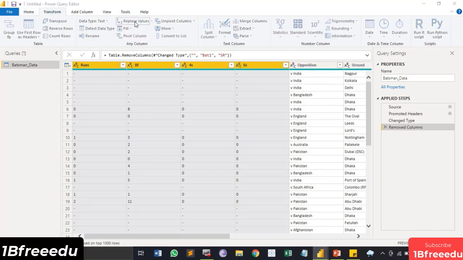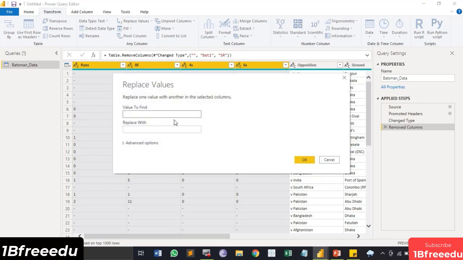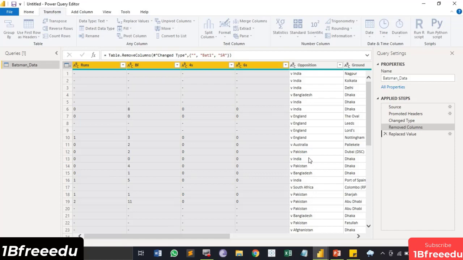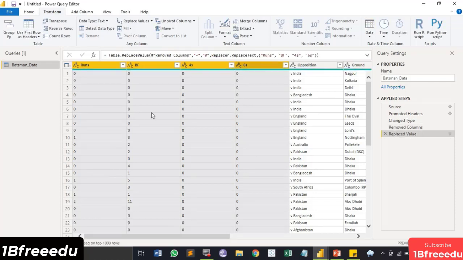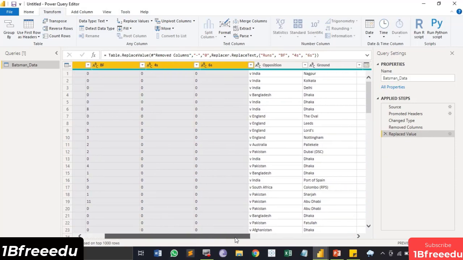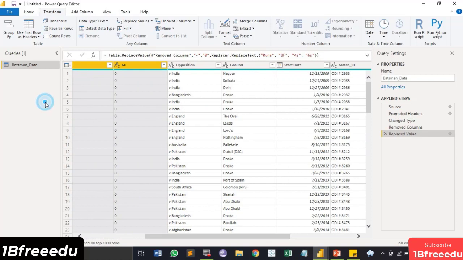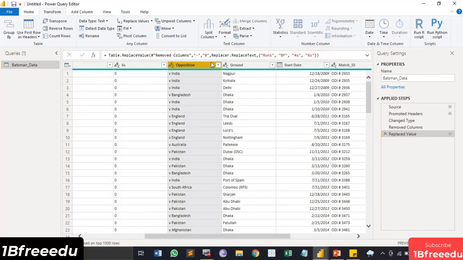Here is the Replace Values function. Just click on it. First is the value to find, so hyphen is the value to find, and the value to replace with, I want to replace it with a 0. Then click on OK. So all the values that were hyphens have been replaced with zeros, right?